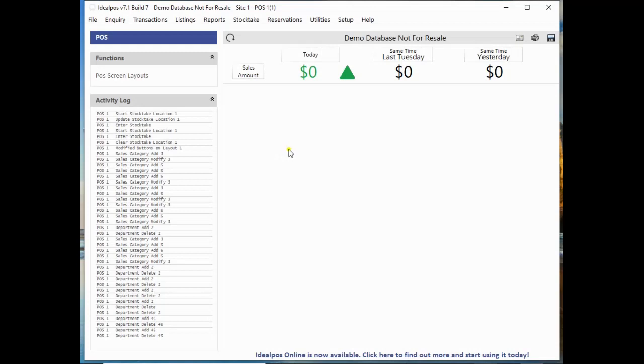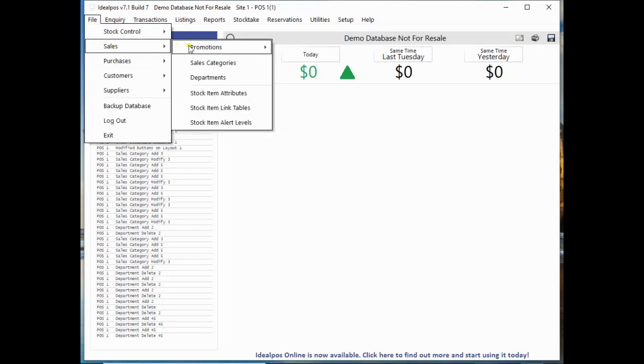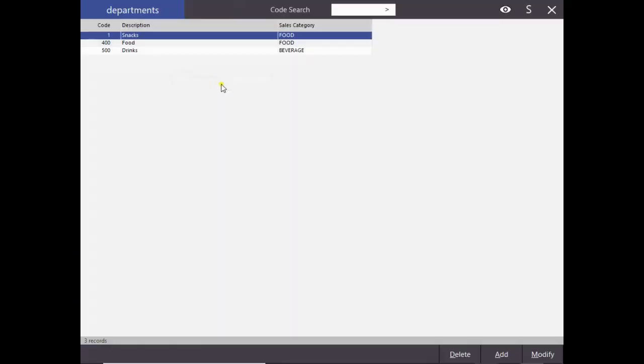Now I will show you how to add a new department to your POS database. So to do this, we left click on File, go down to Sales, and left click on Departments. Now here you can see what departments have already been created in your database. You can see the code and the descriptions, and you can see the sales category that has been assigned to that department. Now to add a new department, we click on the Add button in the bottom right hand corner,